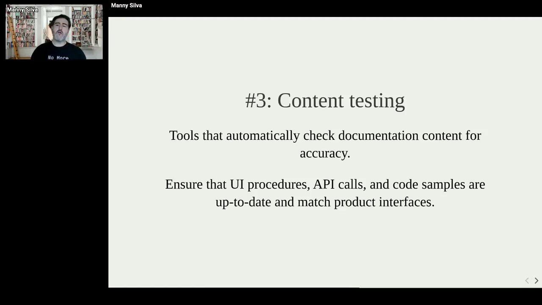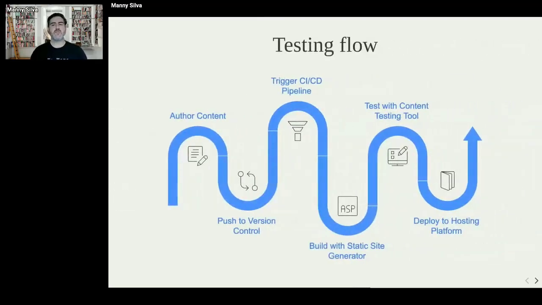But know that there are already tools that verify the syntax of the markup and the prose, the linters I just talked about. They are incredibly important, but this literally verifies the intent of the procedures, the accuracy of your procedures. And content testing tools can integrate into CI/CD pipelines, automatically checking documentation content for accuracy. So you know your documentation is up to date, because if the procedure can't run against your product,